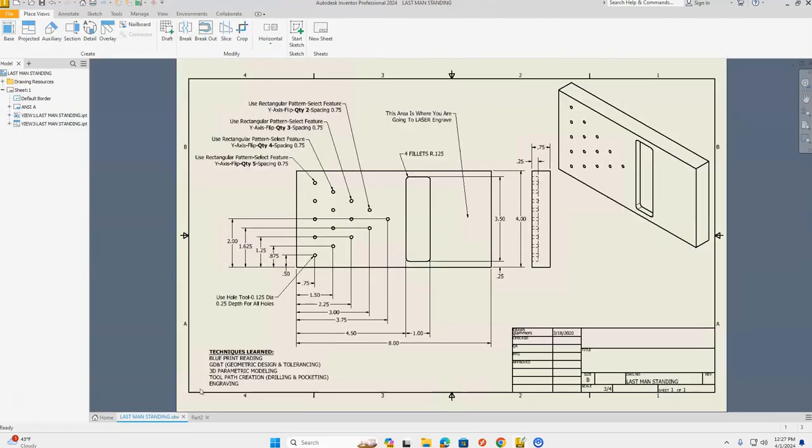Let's reference our drawing again. We're going to be laying out these points here so that the pegs can fit into them. You can see that they are dimensioned on one side, and then we're going to use a rectangular pattern to pattern that feature up. Okay, so let's start with this first one. We're going to have a point that is 0.75 in from the left hand side and 0.5 up from the bottom. So going back to our part,